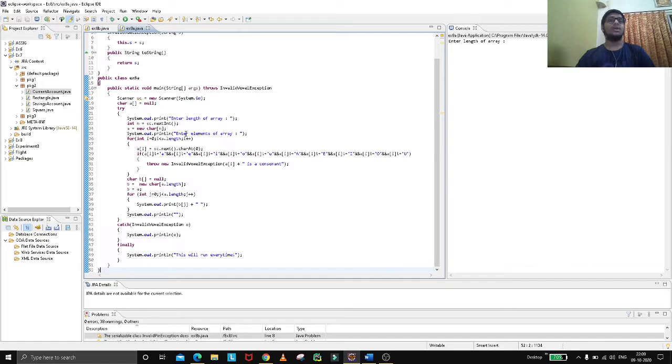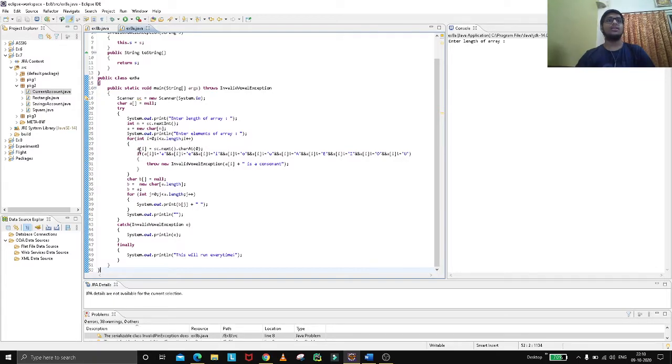Now I need to enter the elements of the array, for which we have already given the size. So basically the size depends upon the elements of the array. Now we are creating a for loop with i equal to 0, i less than a.length, and i plus plus.